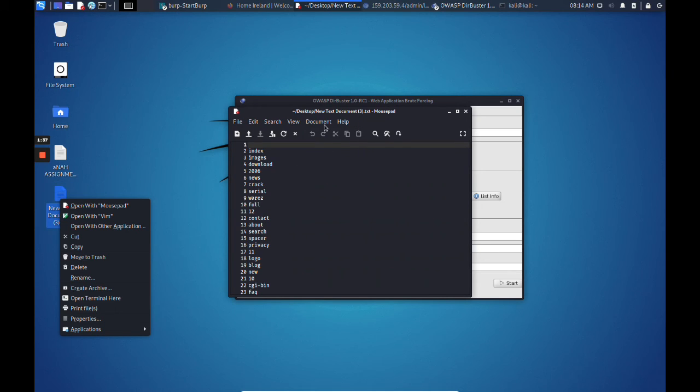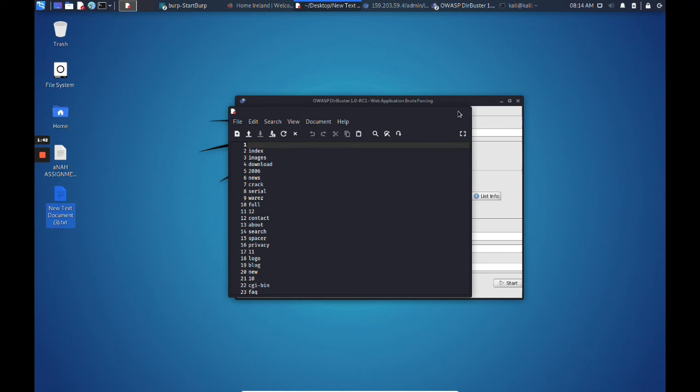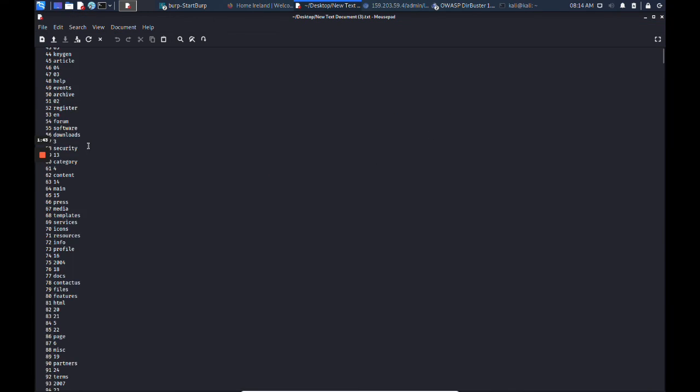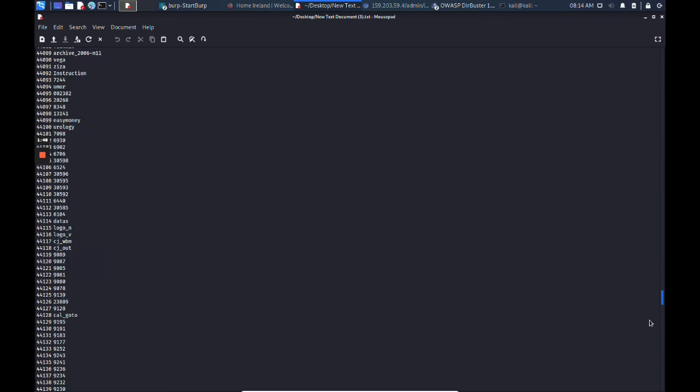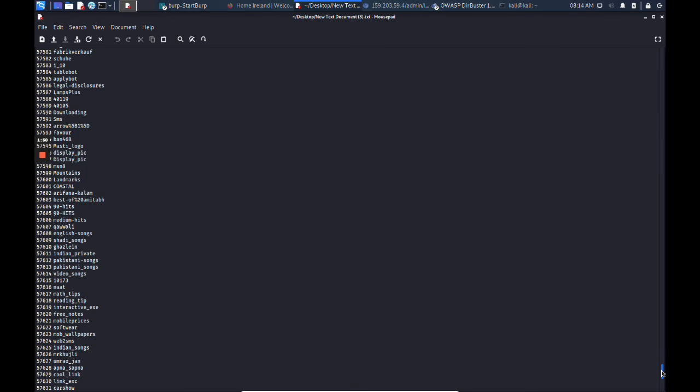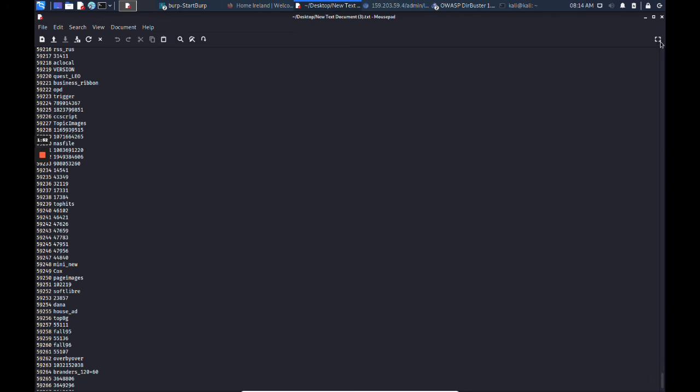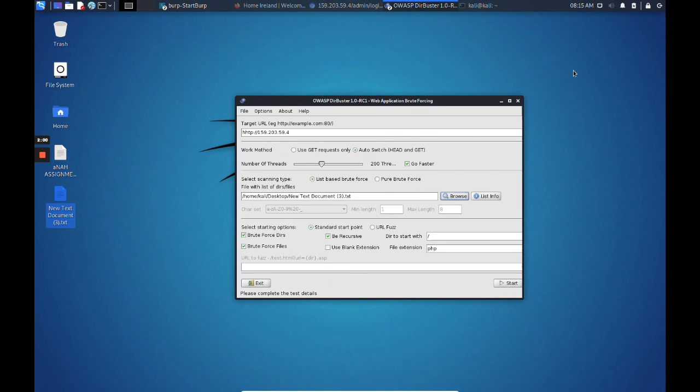So guys, this was the default list of all the sample directory listings we're going to use. There are approximately 50,000. It's a small list, trust me, it's really a small list. For a big list it's going to be around 5 lakh, like 500,000. Now just start our attack.